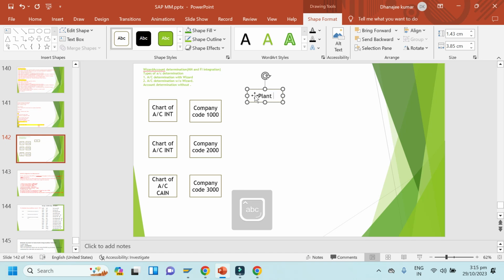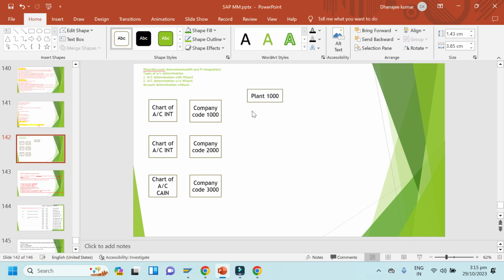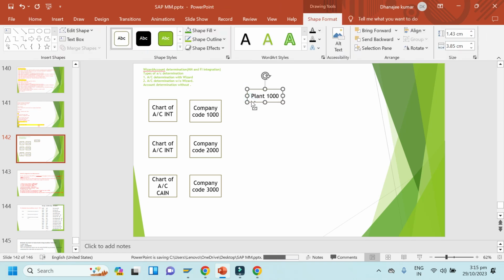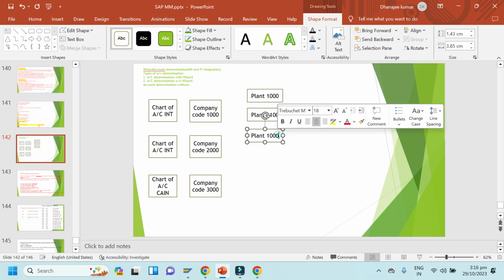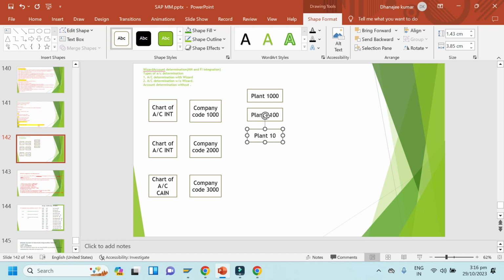So assume this is plant 1000, and I'll copy this. 1100, 1200.